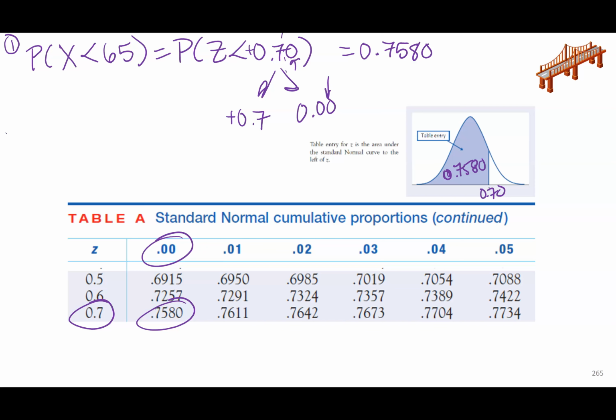Okay, so now to finish, that's the probability that x is less than 65 minus the probability x is less than 40,